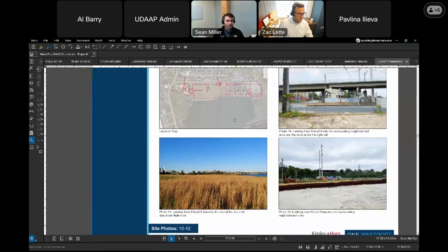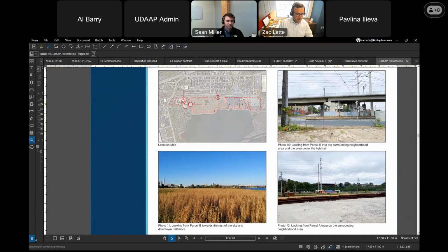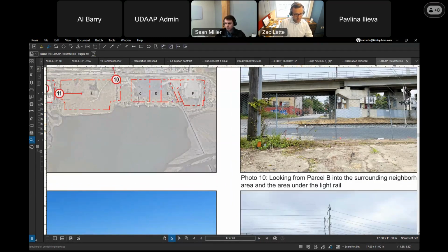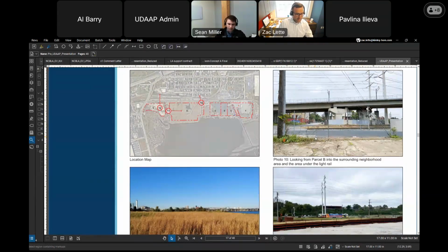And then to the south, this is looking back at the light rail station. So this is our existing crossing at Weyburn Street. You can get a sense of what that looks like. These are some of the Westport townhouses in the background. This is the CSX line in the foreground, and then this is Cloman as it exists today, with the light